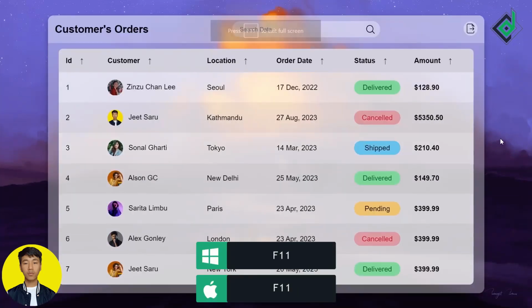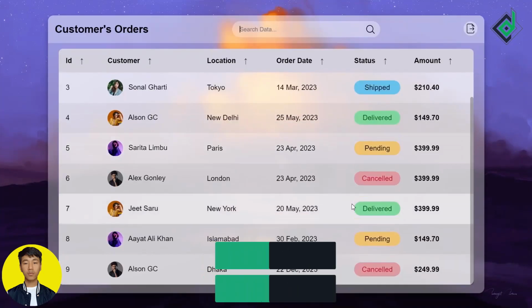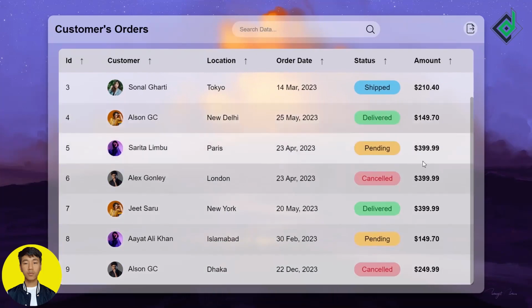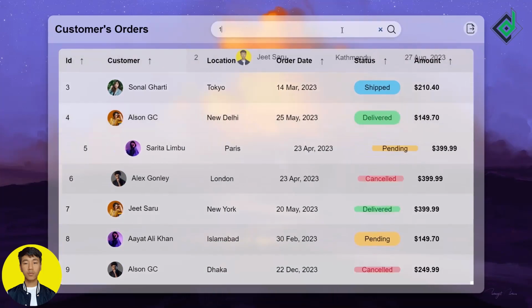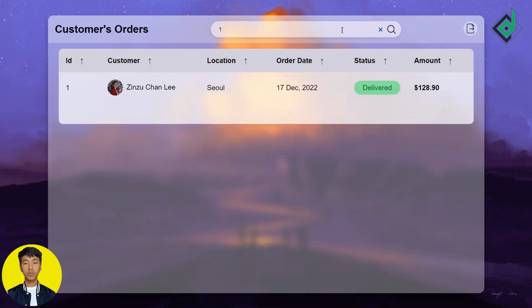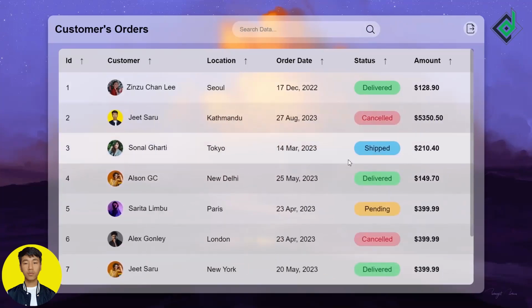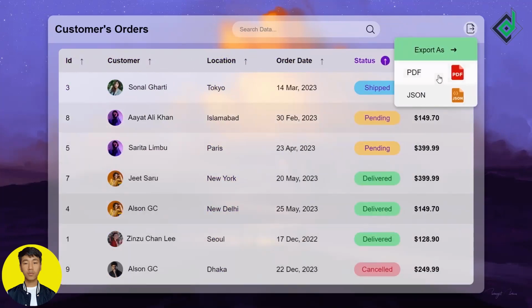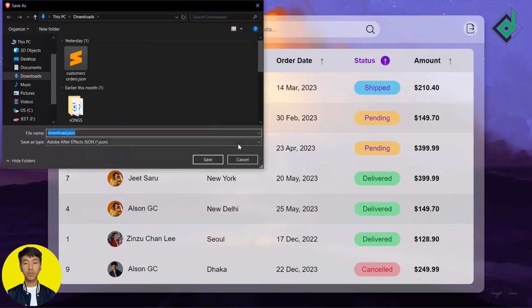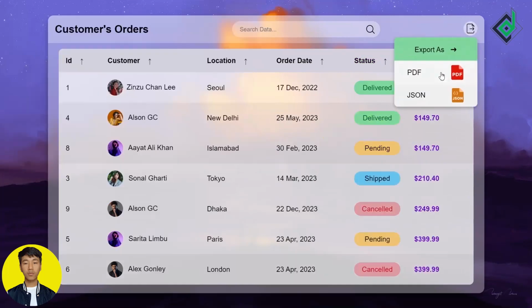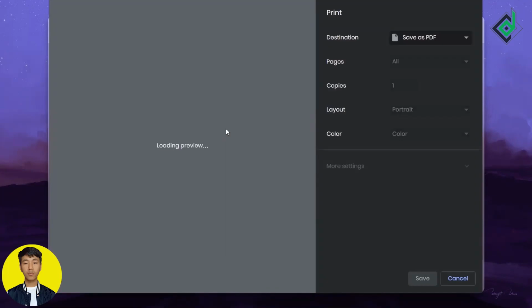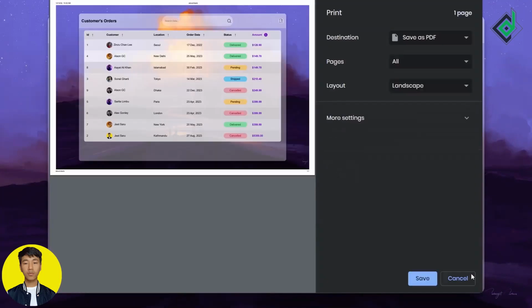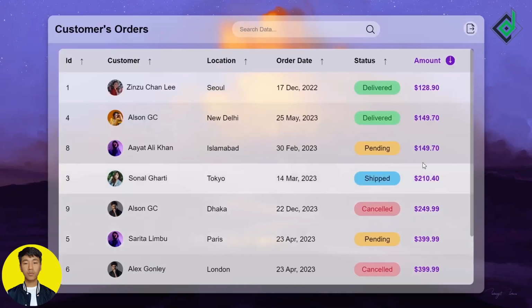I have already created a separate video on how to create this beautiful HTML table, and I have also given different features for our HTML table, like the search functionality with beautiful animation. You can sort the table. And I have also already created two separate videos on how to convert and export your HTML table to JSON and PDF. So if you haven't watched those two videos, you can check them out. The playlist and links will all be given in the description below, or at top right in your I button, you can find them.